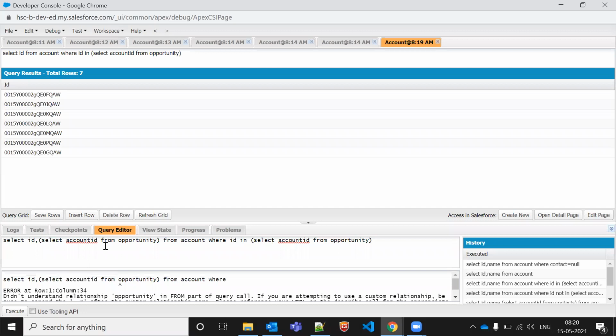Select account ID from account. Vishwanath? Where is the silly mistake? Let me tell you, there is a mistake in opportunity. Not opportunity, it's opportunities.